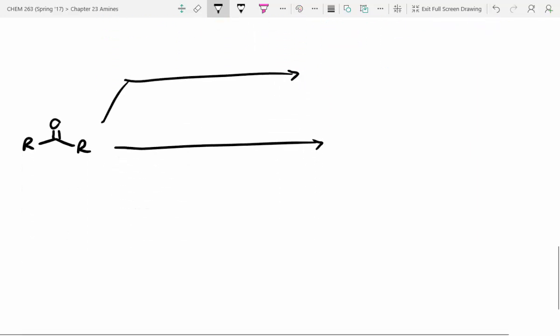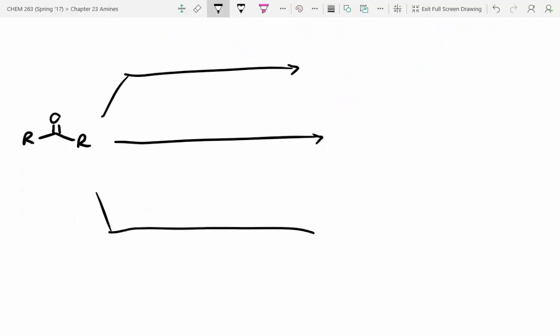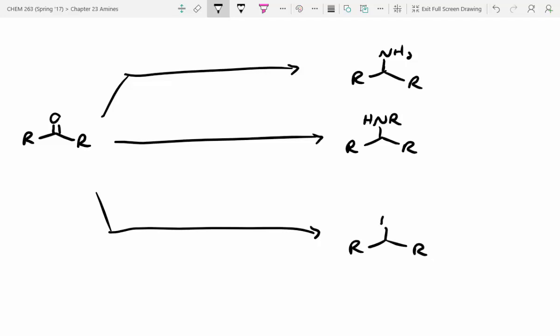This is arguably the most versatile reaction from this chapter. We can make primary amines, we can make secondary amines, or we can make tertiary amines using this technique. For the top one, we already saw that example where we said all you would need to